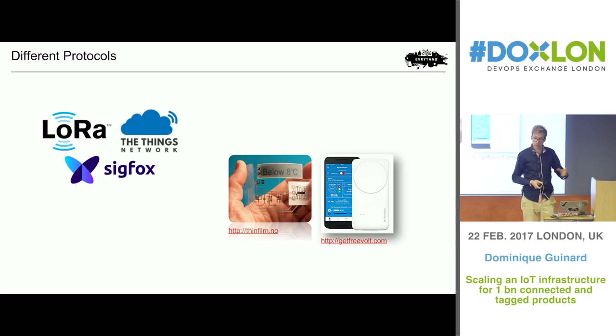the bandwidth of a network like Sigfox or LoRa is very small compared to what you have on Wi-Fi or even Zigbee. Interesting in this space, the Things network is trying to go completely open source, so creating a completely open source, crowdsourced, low power, wide area network. That's how you call these different LoRa, Sigfox, etc. So the Things network is trying to do that completely open.